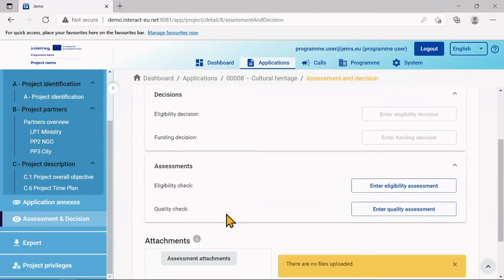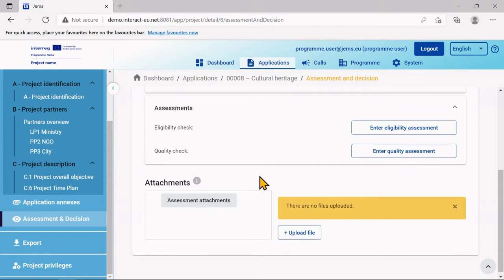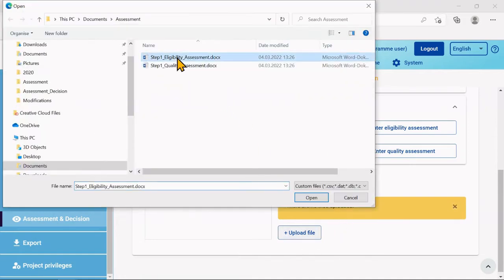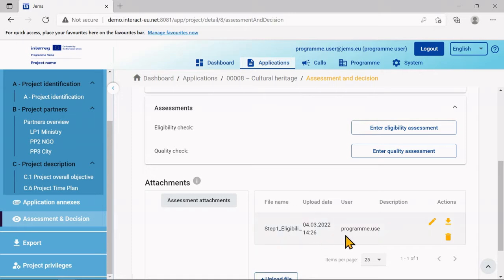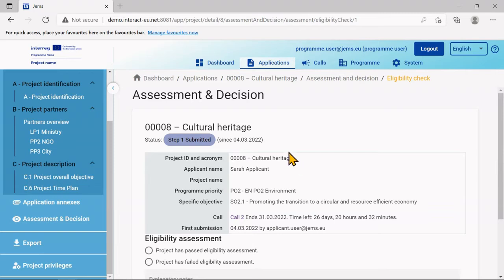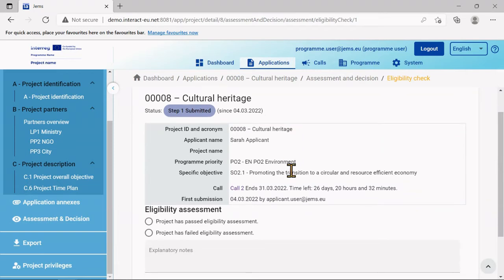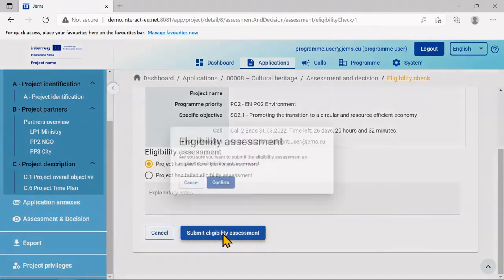So now I finished my eligibility check, and please note that in the Jems version 4, the checklists feature is not yet developed. So the checklists will have to be uploaded from an external source, and I upload here my eligibility assessment results. Here I have the file, and other privileged users have also access to it and can view it. So enter eligibility assessment. That's the next step I will do, and my project has passed this assessment, and I submit